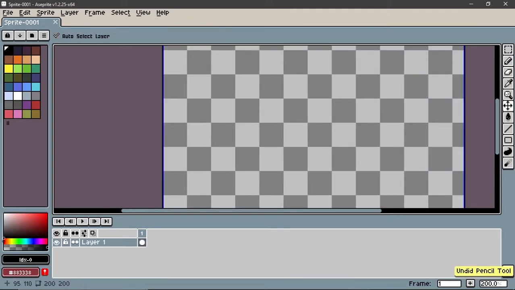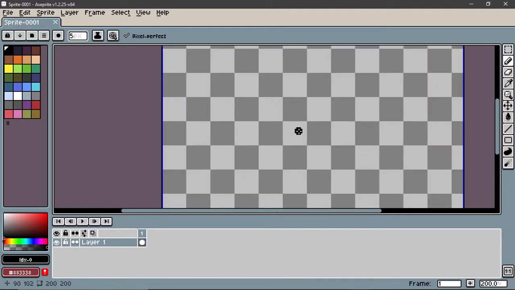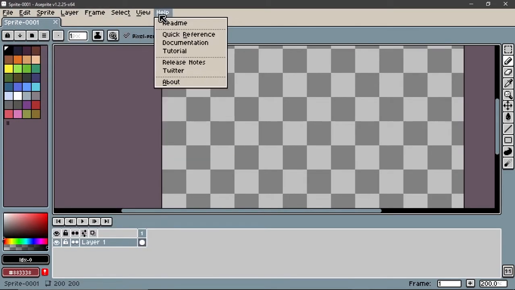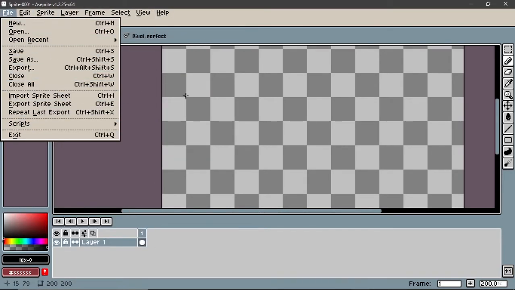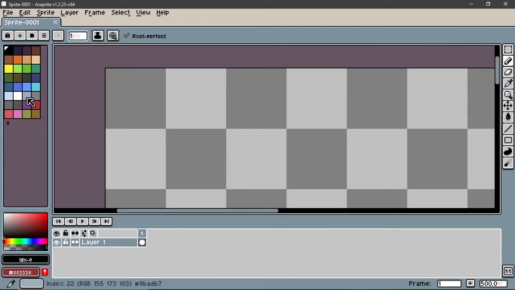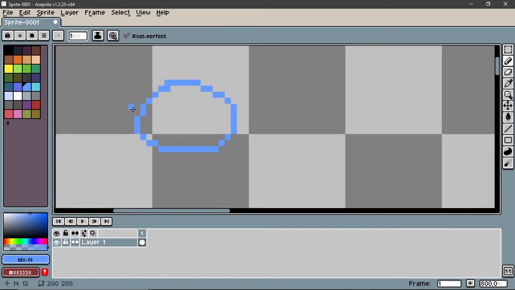This is your run-of-the-mill Pixilart program. You can swap your colors around. You can animate in this timeline down here. You can change how thick the brush is. I think that this is the most user-friendly program for Pixilart. So you can go in, you can draw something in here like a blue slime, and you